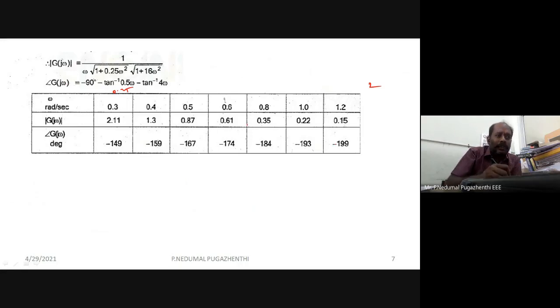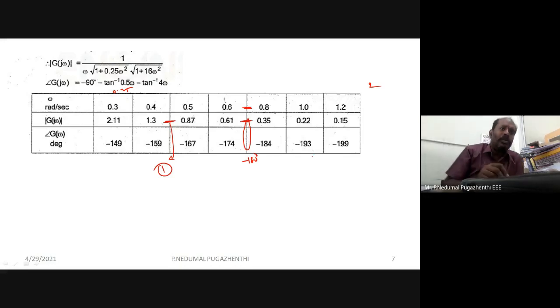And you can see that the phase margin, minus 180 degrees, is lying between these 2 points, these 2 magnitudes. And if you see, 1 is lying between these 2 values for the gain margin. So from that we can try to find the phase margin and gain margin, because based on the magnitude and the angle only we are going to find it.